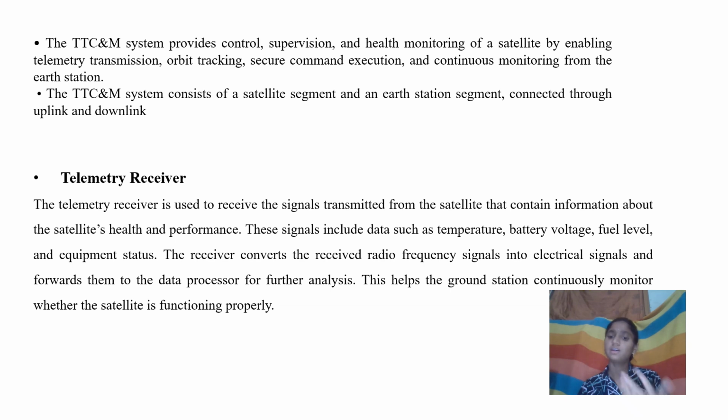The black shadow falls on the satellite. At that time, the satellite solar panels are unable to receive the light energy from the sun. At that time, the battery voltage is required. How is this battery voltage turned on and off? The performance of the battery voltage is told by the telemetry system, and also the fuel level. Why is the fuel level required?